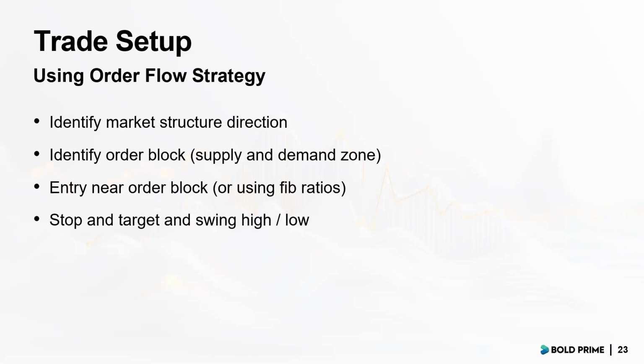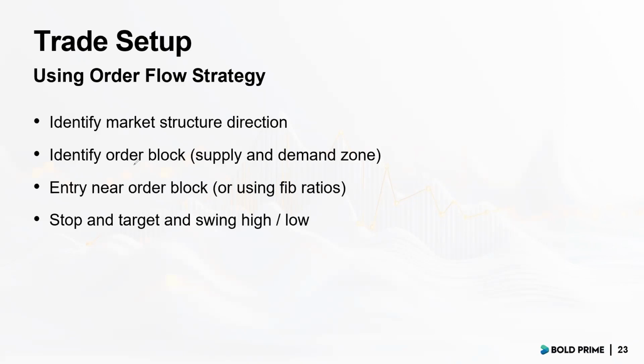What are some of the steps and processes? Over here is an overview, right? The first step is to establish market structure direction. Ideally, we want the market structure direction to be the same direction as what we have forecasted. So if we have an impulse followed by a correction, we have a bias to the upside. We want the market structure to be in line with the upside, a bullish market structure. So ideally, we want the market structure direction to be the same as our bias. Okay, so that's the first thing.